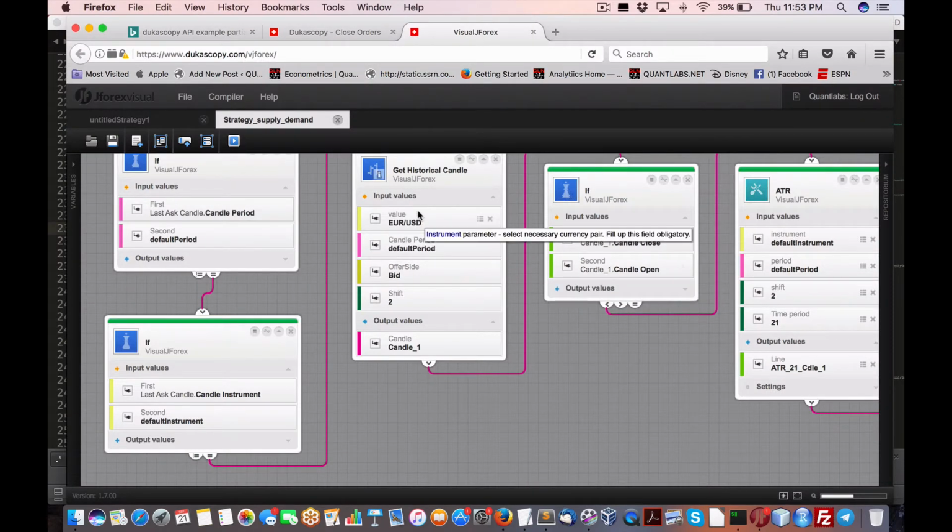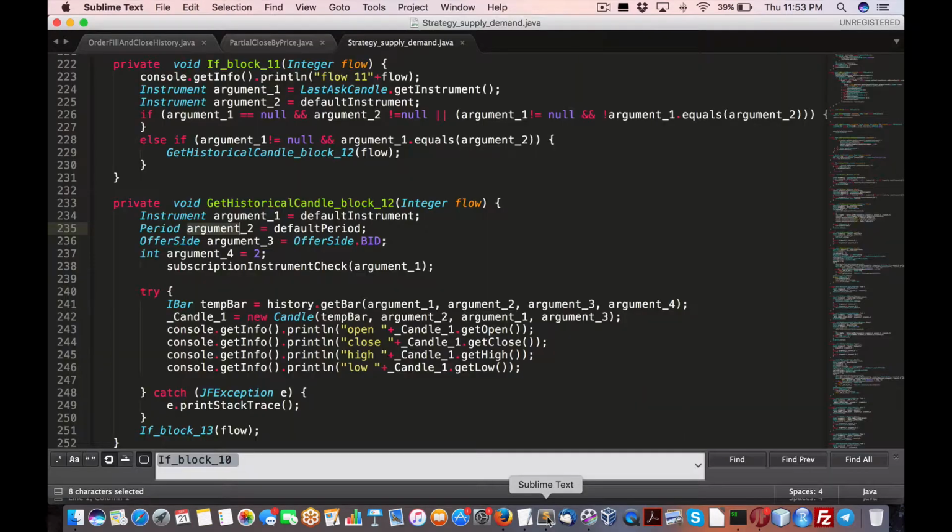So we have 1, 2, 3, 4 arguments: default instrument, period, bid, and shift. So you look in the code, it's exactly that: instrument, period, bid, and then 2, which is a shift, and then